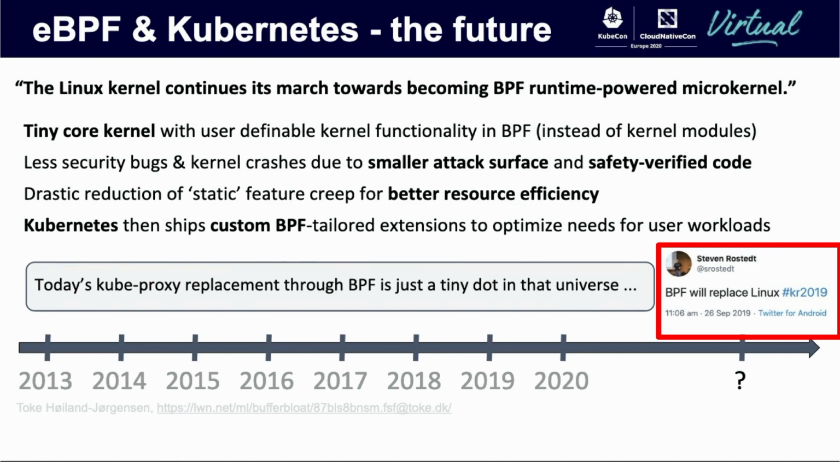Drastic reduction of static features. Again, these are quite obvious things that are written in there. It creates better resource efficiency, and Kubernetes then ships custom BPF tailored extensions to optimize needs for user workloads. If you think about it from a user point of view, you don't always require all the functionalities that a kernel provides. But in the current scenario, it might not always be possible to remove the stuff which you don't require. What we are moving towards with eBPF and the Linux kernel is a scenario where we have a small